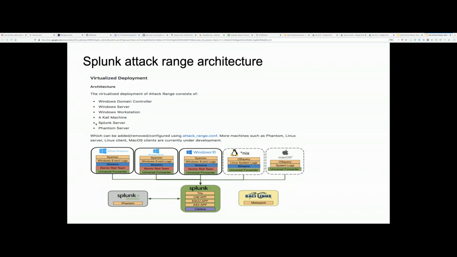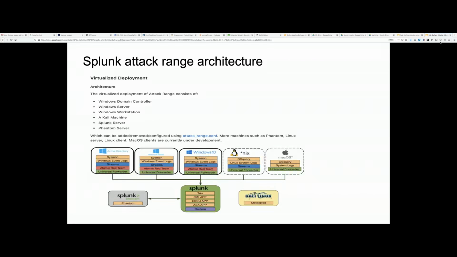So what we have on the Windows 10 side is a number of source types that start from Sysmon, Windows event logs, and Atomic Red Team results. And all of this is grabbed by the universal forwarder and sent into Splunk. Once this is sent to Splunk, obviously, you had to have, depending on the source types, the applicable technology add-ons that you can download from Splunkbase,